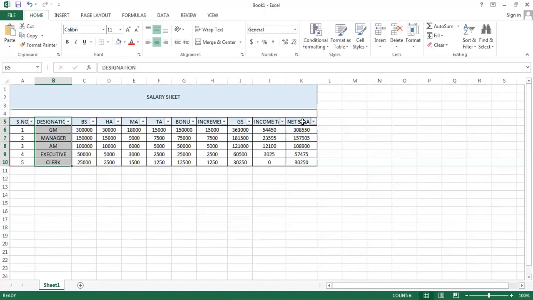And before selecting it from my mouse, I'll be pressing Control button from my keyboard. So I need to keep on pressing the CTRL button, and then I'll be selecting my entire net salary of all my designations, and then I'll be going to the Insert tab.